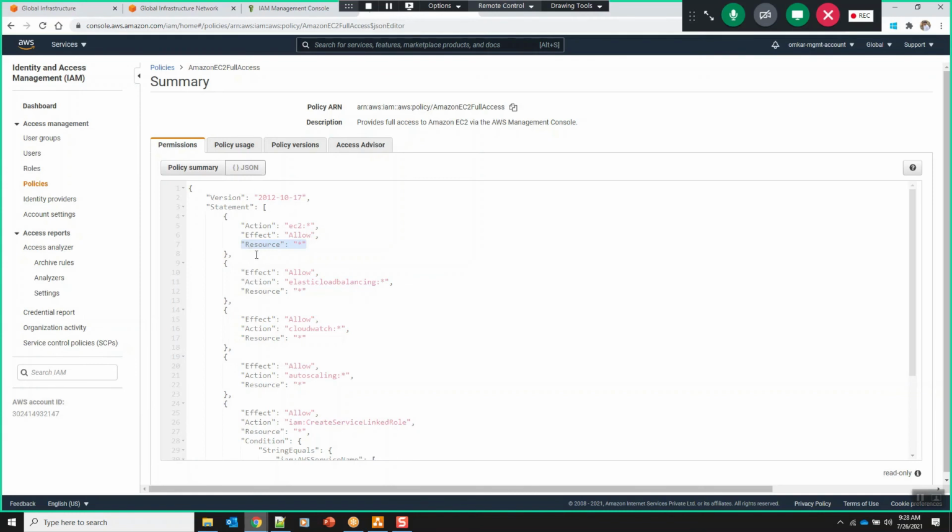If I say EC2, like kids dot star, that means all actions are allowed. So here I may say allow. This policy I may attach to only parents. And let's say that for teachers or for the kids' mentors, we don't want to allow all the actions on our kids, right? So maybe what we could do is the same policy could be rewritten as something like this. Just trying to give an example.